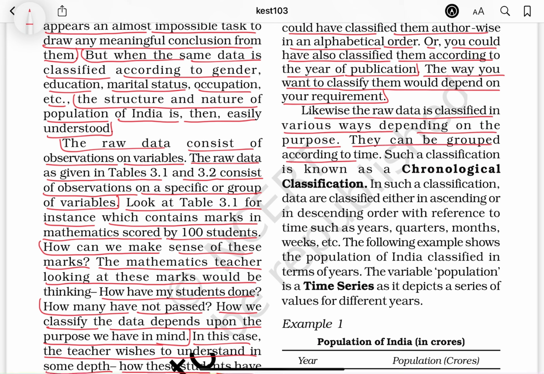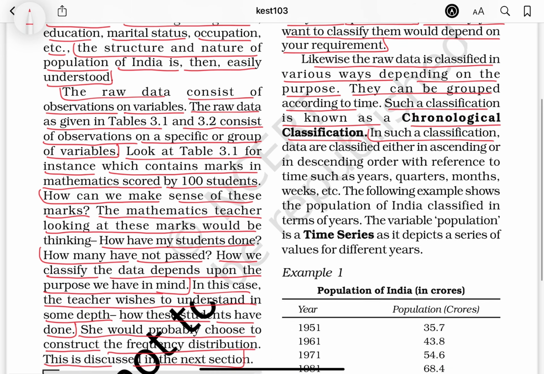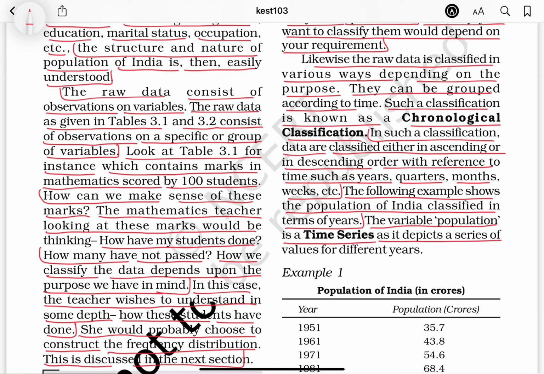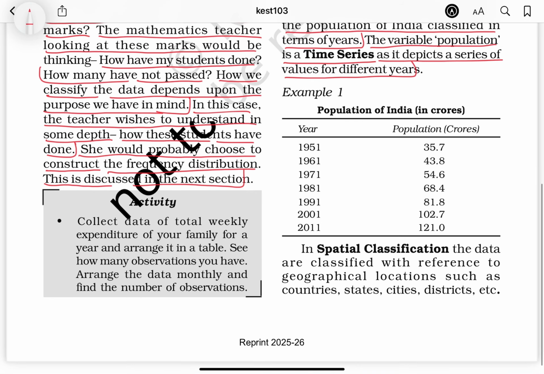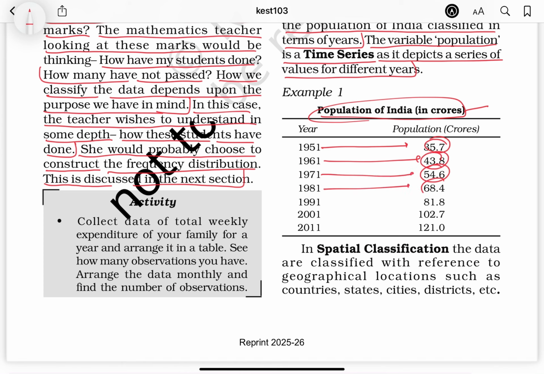They can be grouped according to time. Such a classification is known as chronological classification. In such a classification, data are classified either in ascending or in descending order with reference to time such as years, quarters, months, weeks, etc. The following example shows the population of India classified in terms of years. The variable population is a time series as it depicts a series of values for different years. Population of India in crores: 1951, 35 crore; 1961, 43; 1971, 54; 1981, 68; 1991, 81; 2001, 100 crore;